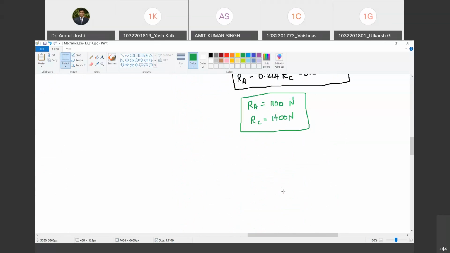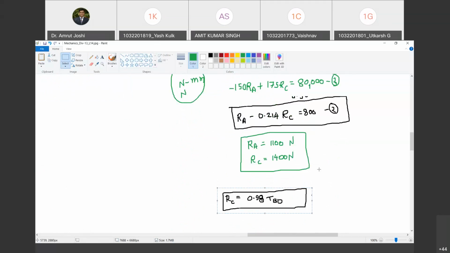Can you show the second question, sir? Mr. Mohan? Yes. Both the equations are now seen. I'm getting X as it's a big division. What are your answers which you're getting? Yes. 1100 and 1400. Yes. Are you getting that? Yes.